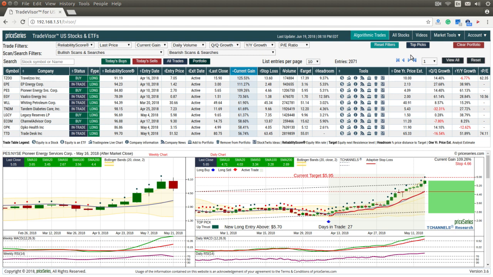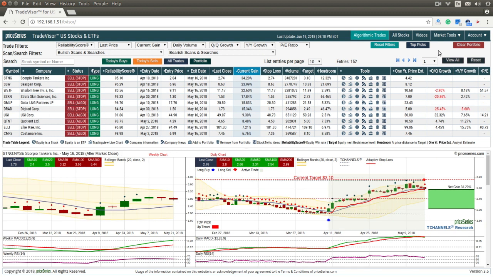A trader can choose to use their own approach to stop-loss or use the suggested stop-loss value calculated by the TradeVisor software. The trade status and, if applicable, the new stop-loss value is updated daily at about 7 p.m. Eastern Standard Time. The trade is active until it hits the stop-loss value. The trader decides to sell at the current profit, until Sell Algo appears in the status of the trade. A sell is issued when the price hits the stop-loss value, and Sell Algo is issued when there's negative market action and the trader is advised to sell the position at market.